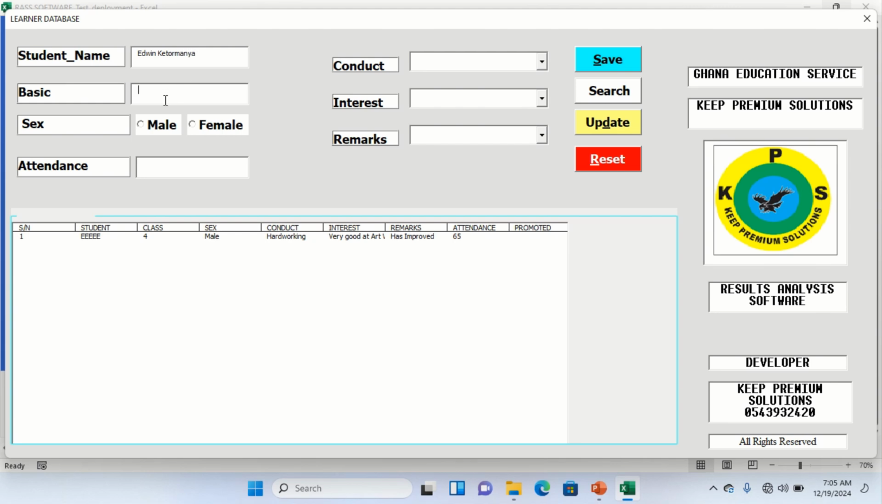Then you select, let's say this is basic 2. So you write it. We want to know, there is a reason why we put it there, even though you have selected it elsewhere, but there is a reason why we put it in there, so let it be there. So you select the sex, then you type maybe the attendance,